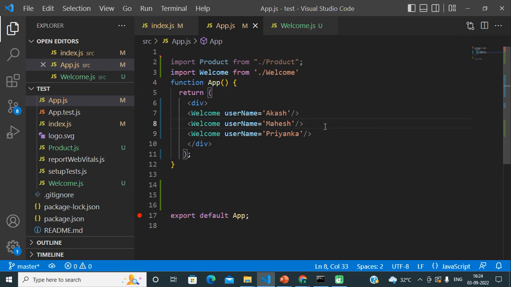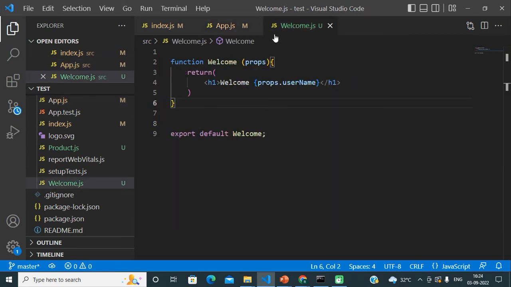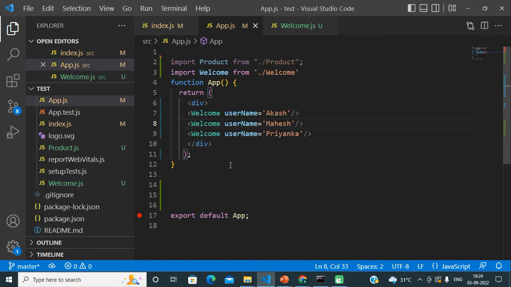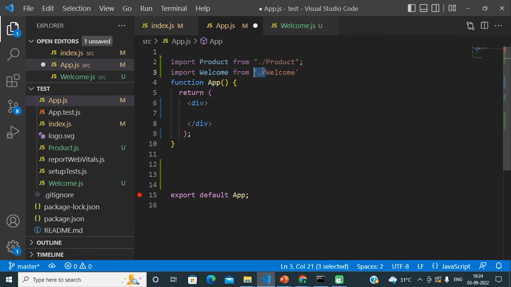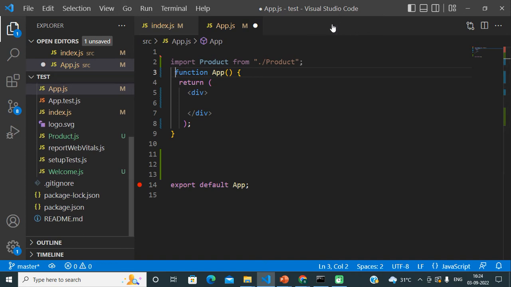With the help of props we can pass data to a component from outside so that the component gets rendered with dynamic data every time. A solid example for this props concept is an e-commerce application. Let's say I am working on some e-commerce website. I have already created another component to demonstrate that. I am removing this welcome component and closing it here. I have created one more component, that is the product component.